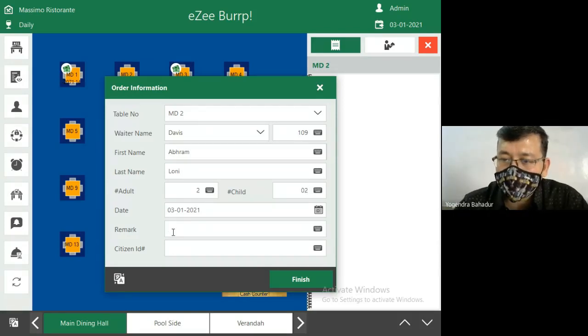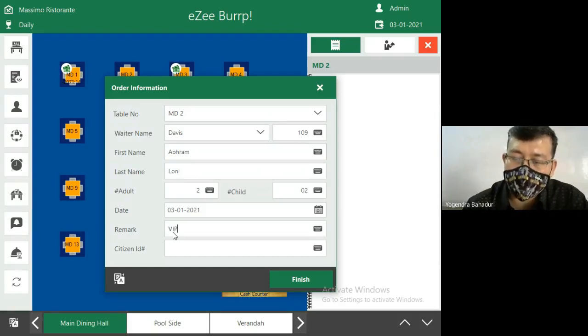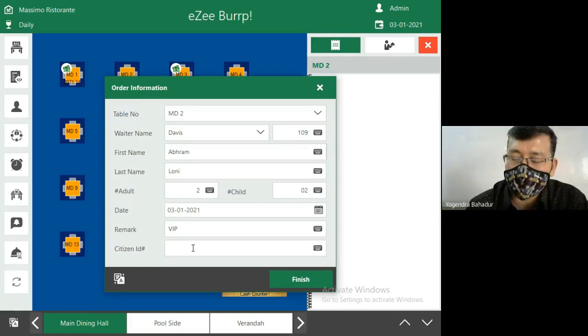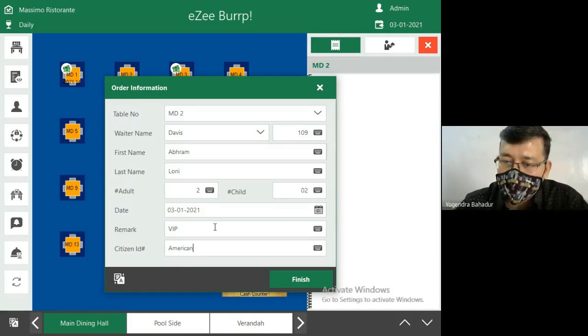Next, I need to put the remark. Remark means whether the guest is a VIP guest or VVIP guest or maybe a business class guest. And here I need to put the citizen ID, if I know the citizen ID, otherwise I need to write down the country of origin. Maybe the country of origin can be American, maybe that particular guest belongs to America. After that, I will finish.